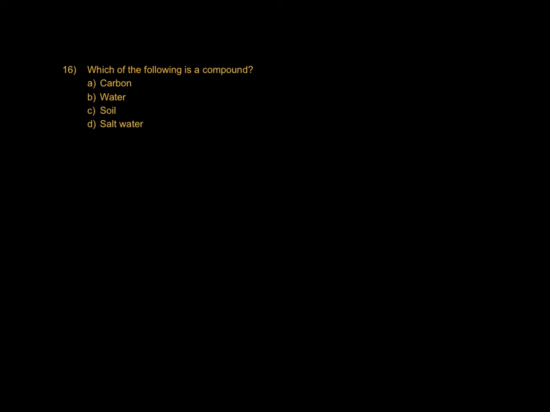Okay, which of these is a compound? Remember, a compound means that it's two or more elements bonded together chemically in a consistent way. So carbon is just an element, so that's not a compound. It's an element by itself. It's on the periodic table. Water,